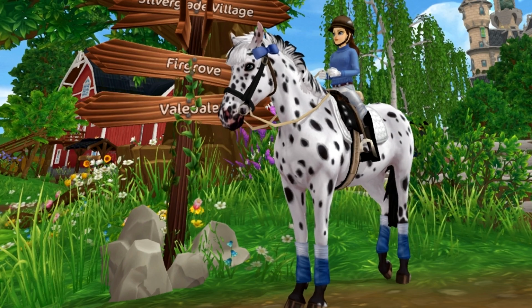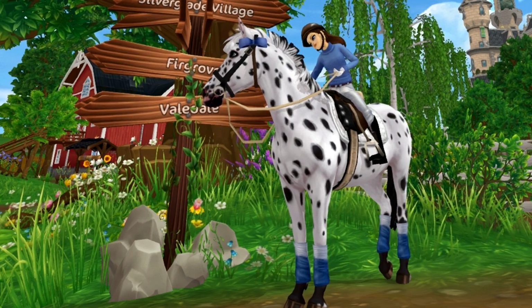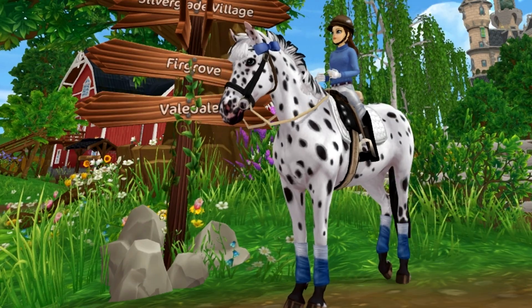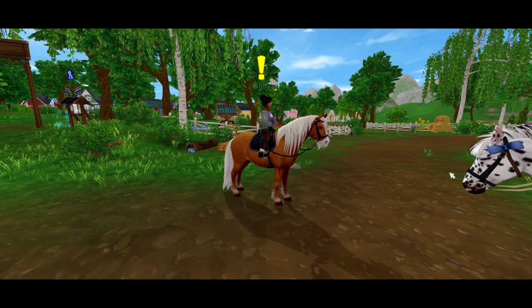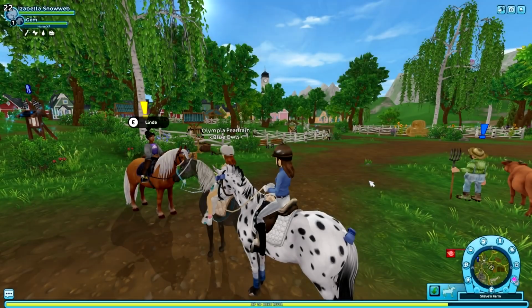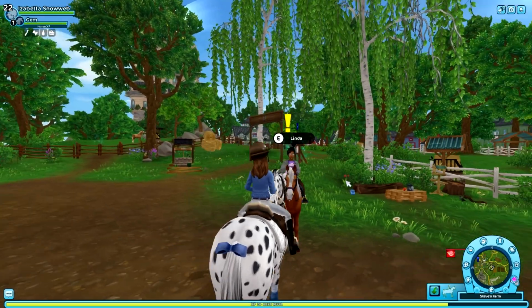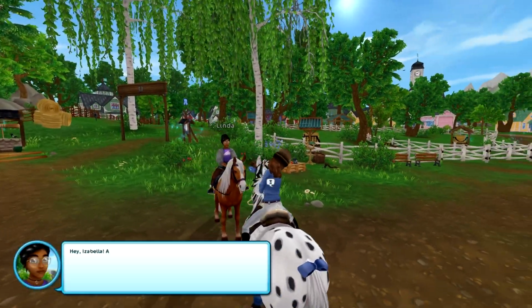But first, let's go ahead and find Linda at our home stable to take a look at this brand new Equestrian Festival. Let's jump straight into it. So as soon as you log in, go back to your home stable and walk around for a bit. Linda will come up to you like you can see on the screen right now. And dear Linda over here has something to say to us, so let's go ahead and read what she has